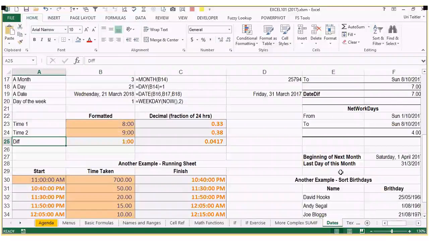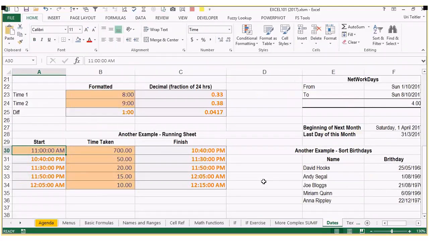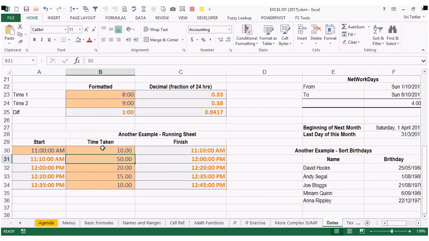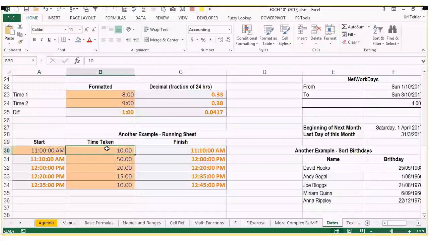Here is a run sheet example. So I normally code my sheets. Greys are formulas, and another color is my entry cells, right? So that you can type in things. So here's a useful one for agendas. If you've got a start time at 11 o'clock and the first thing, which is welcome to country and whatever else, goes for 5 minutes,